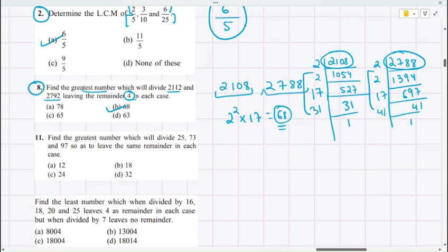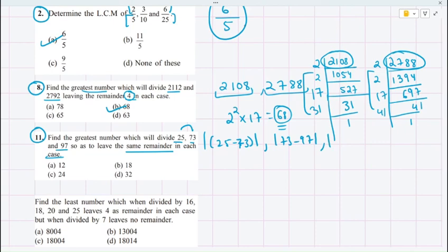Now the 11th question says find the greatest number which will divide 25, 73 and 97 so as to leave the same remainder in each case. So for the case of same remainder, we need to subtract these numbers and take the mod of these numbers and then find out the highest common factor of those results. So first we'll write down here 25 minus 73. Then we have the next number as 73 minus 97, and the next number we have is 97 minus 25. So here after subtracting these we'll get